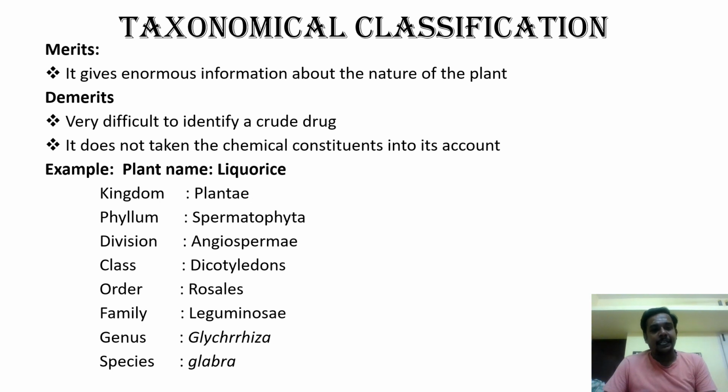Demerit: it's very difficult to identify a crude drug, and it does not take the chemical constituents into account. If you want to identify or check a crude drug, it's a very difficult and time-taking process, since we will be going through many steps. And number two, it does not consider the chemical constituents to classify the crude drugs. Those two are the disadvantages of this